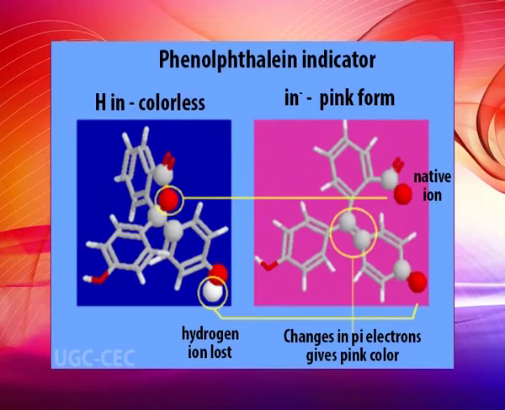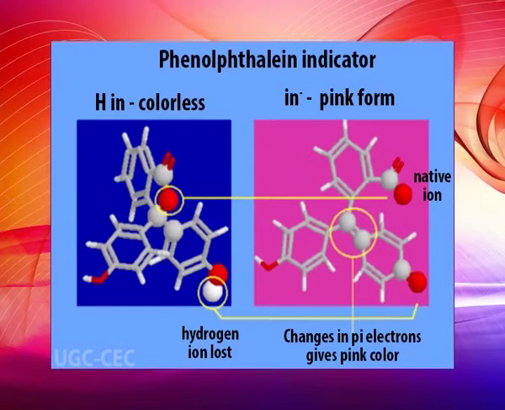Let's take the example of phenolphthalein and understand how it works. There are 3 benzene rings in phenolphthalein. Every atom involved in a double bond has a p orbital which can overlap side to side with similar atoms next to it. The overlap creates a pi bond which allows the electrons in the p orbital to be found on either bonded atom. These electrons can spread like a cloud over any region of the molecule that is flat and has alternating double and single bonds, as it is completely conjugated. Each of the benzene rings is such a system.